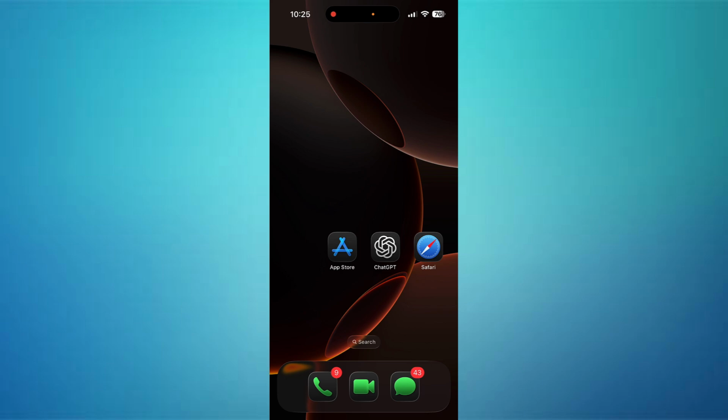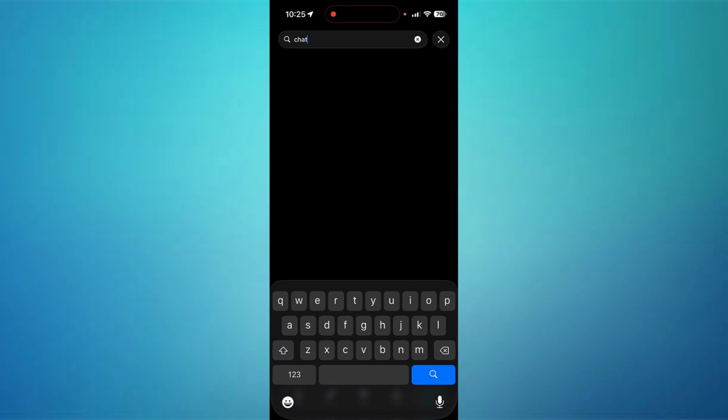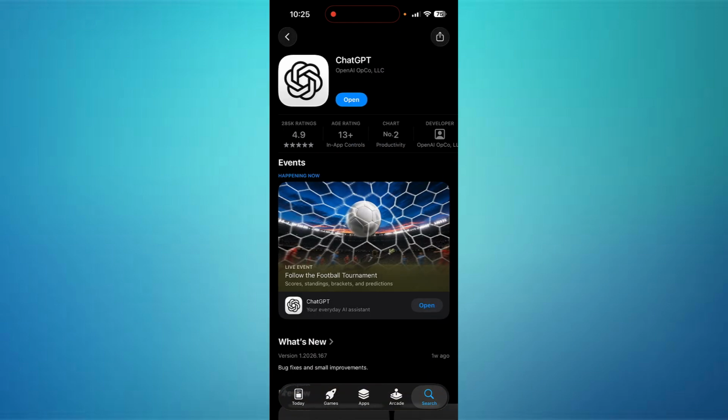In this video, I will be showing you how to fix the Chatgpt app if it keeps crashing on your iPhone. Let's get started. First, I start from the home screen and open the App Store. Once the store loads, I tap the Search tab at the bottom right and select the search bar at the top of the screen. I type Chatgpt into the field and select the matching search result to bring up the